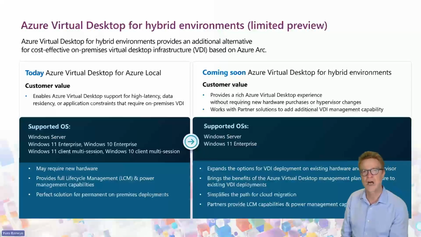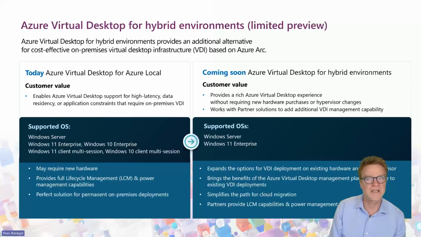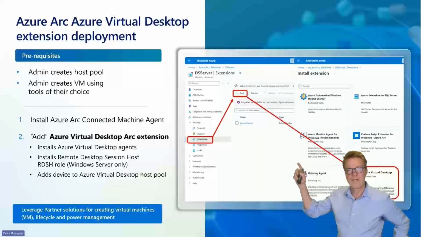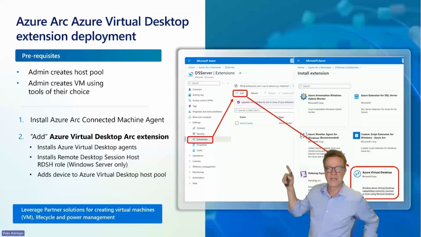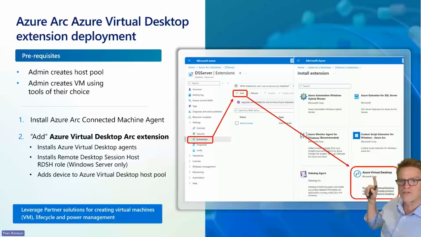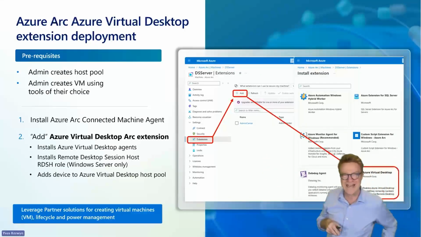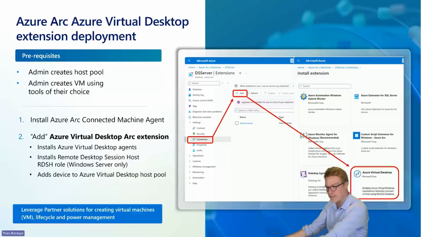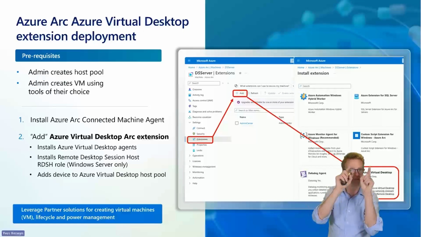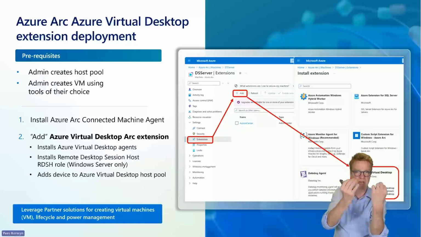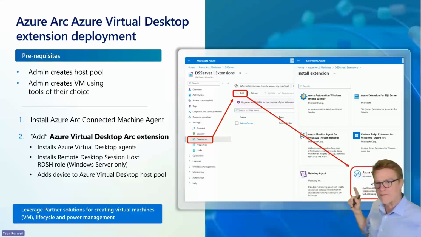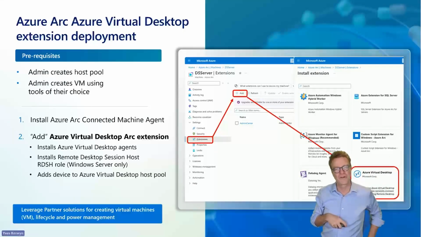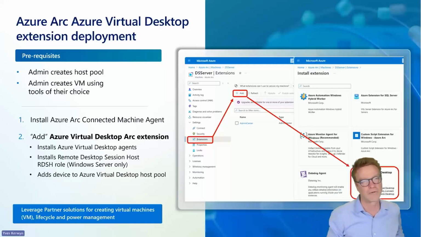Azure Virtual Desktop for hybrid environments. That's what I say, and this slide is what it shows. From within Azure, you will be able to add an extension, and one of the extensions is Azure Virtual Desktop. So you have a Windows server in your data center, and through Azure Arc, you add an extension that makes that Windows server a session host for your host pool as part of